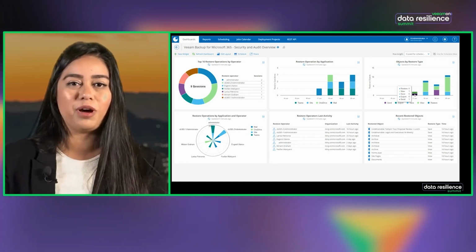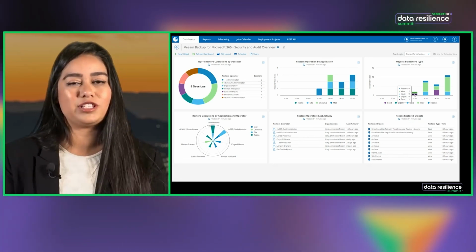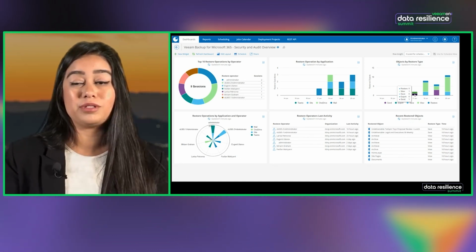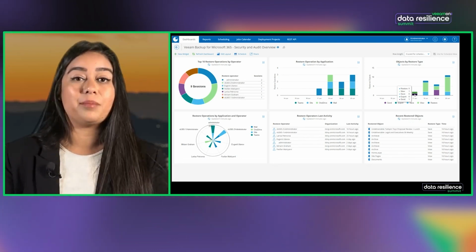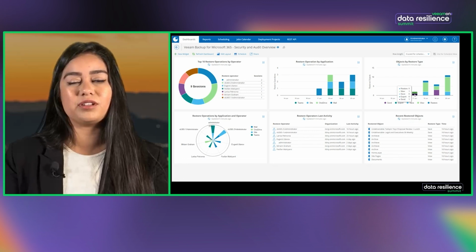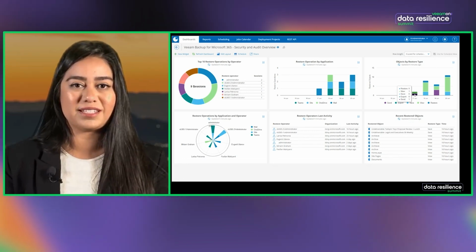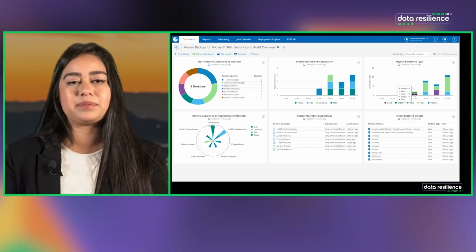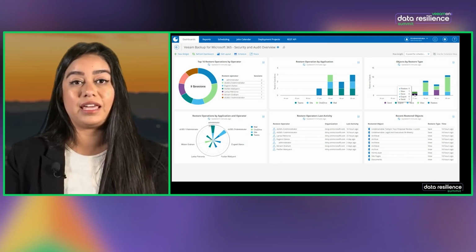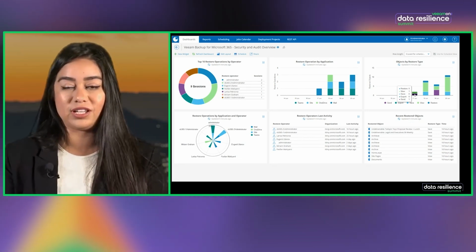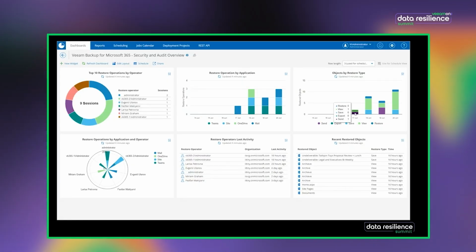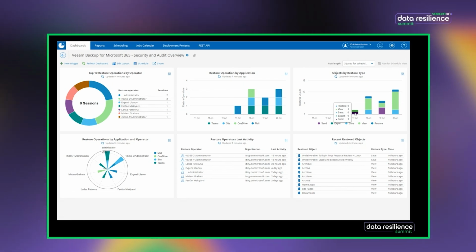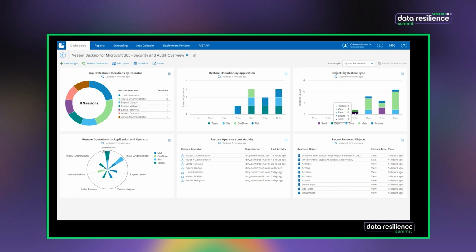So you have all of your monitoring that could be taking place for your on-prem workloads, your cloud workloads, your backups as well, but then also being able to monitor your M365 environment and see the types of restores that are actually happening within that organization. This could drill down into who was performing what restore, but then also where did that restore occur to, and what time it was and things like that.